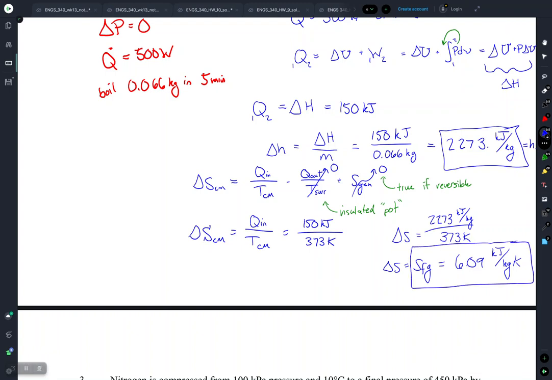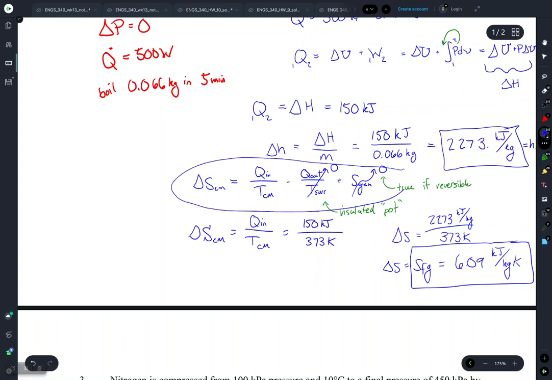So hopefully you can see a little bit how we might be able to do experiments to calculate things like HFG, SFG. We can use this equation here about entropy generation in order to be able to do that. If we compare this with the book values from our tables,